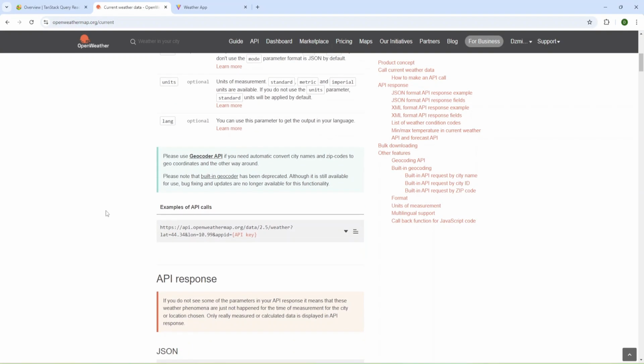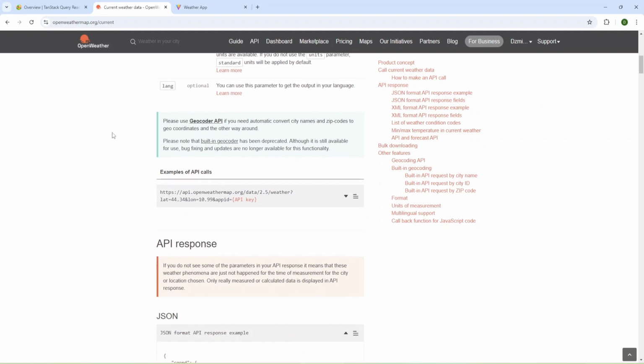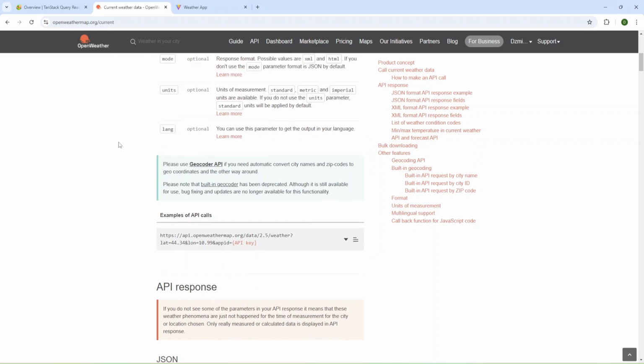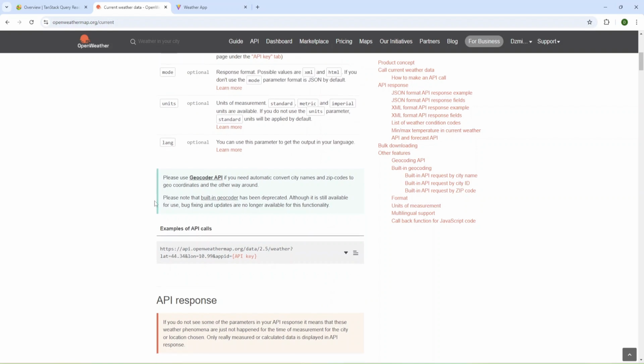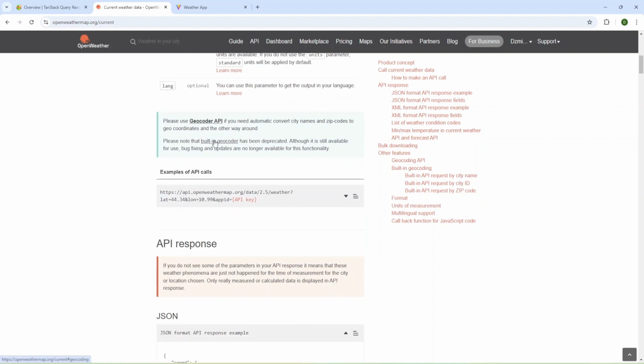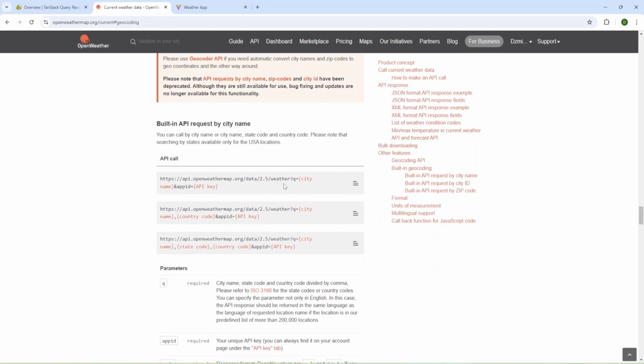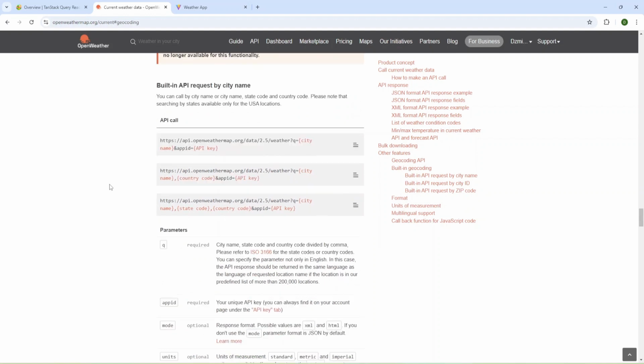And for city, I'm going to use this built-in geocoder. We can actually use geocoder API, make a call with city name and retrieve coordinates, and then make a call with our coordinates. But we have functionality that allows us to just use city name and get weather data, and I'm going to use it.